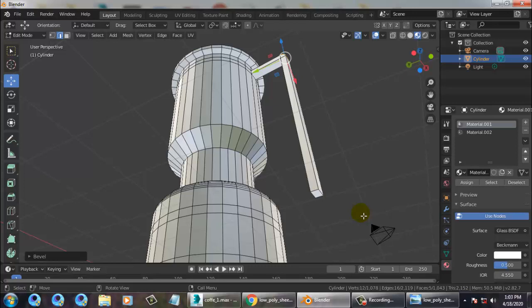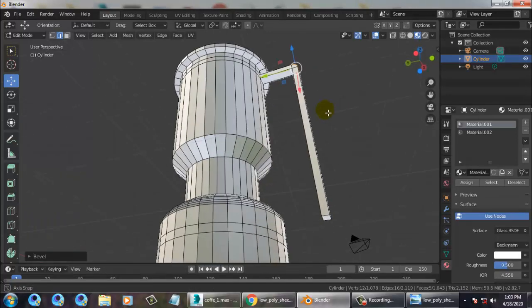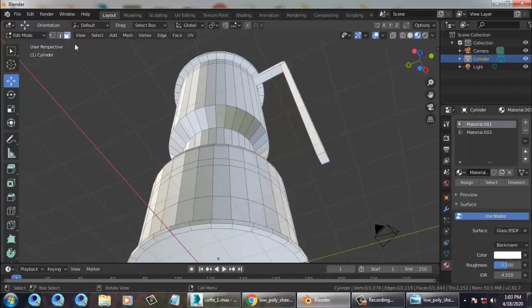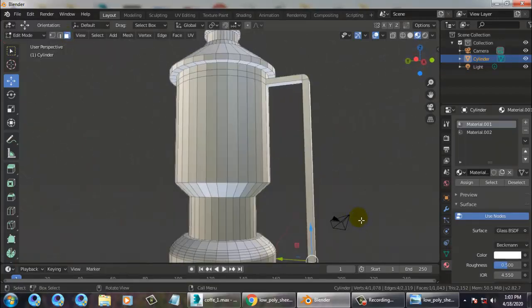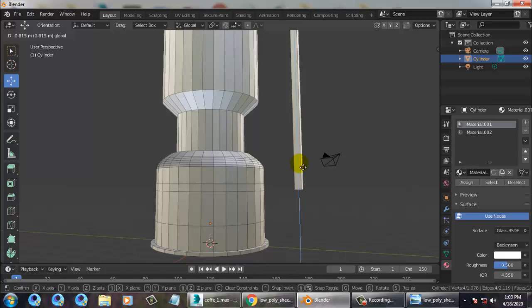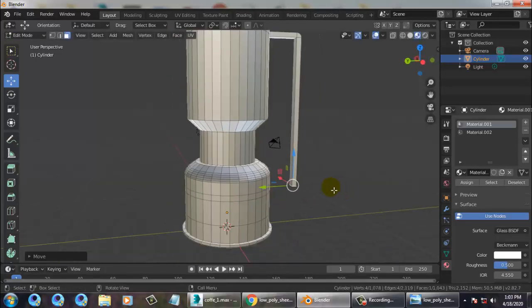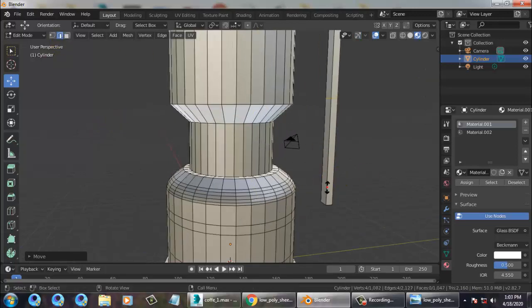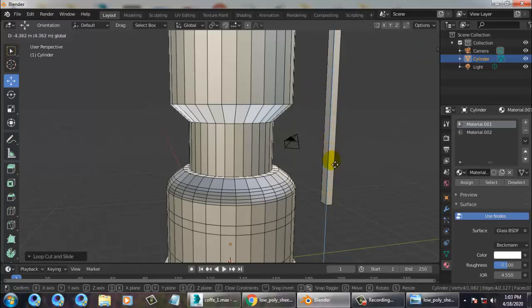So select this again, select the face, push this down a bit, and press Ctrl R, and let's add one edge over here. Let's add one edge over here.